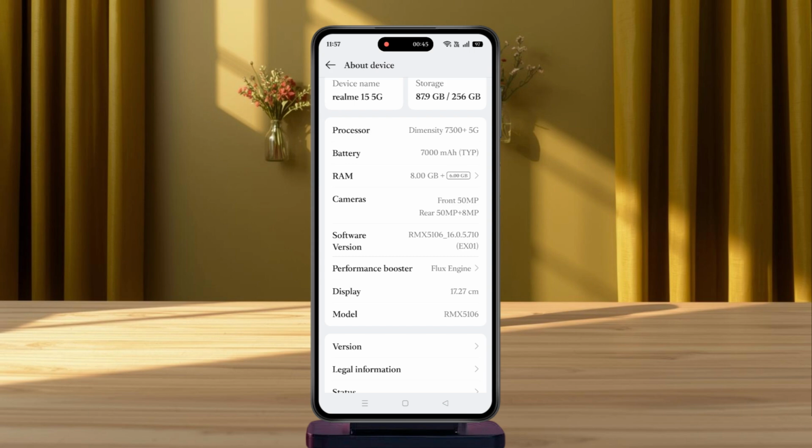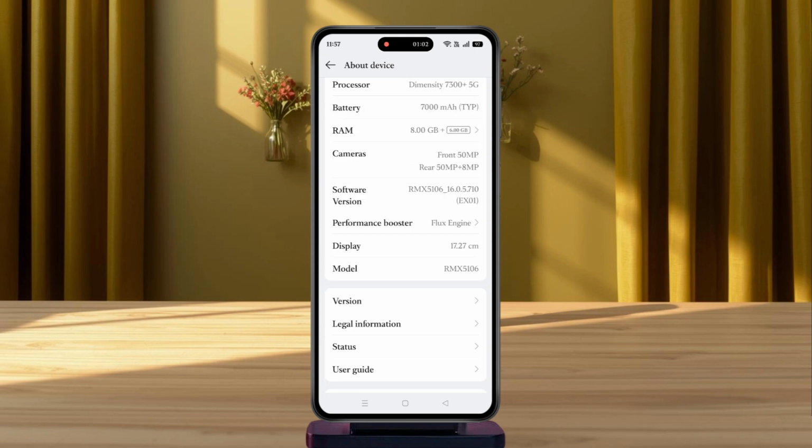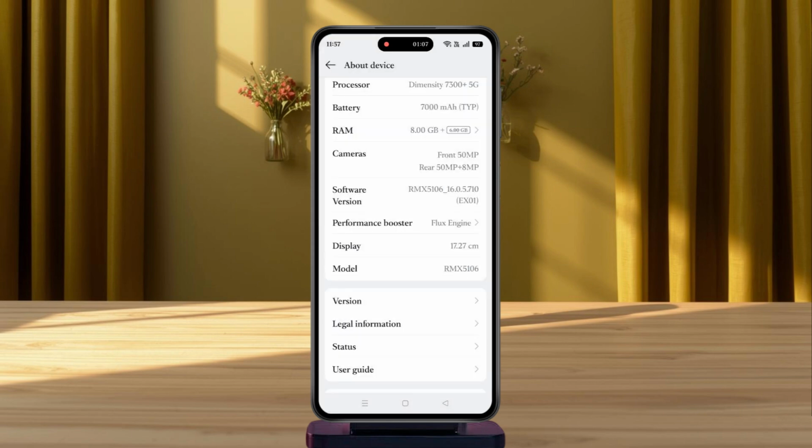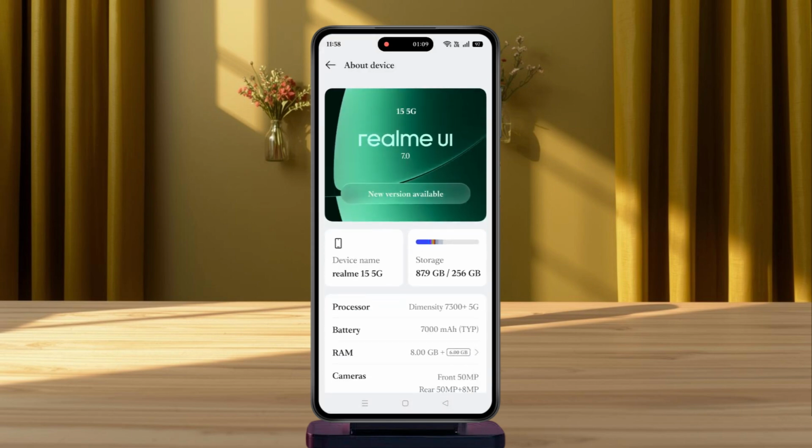You can also check the Android version and Realme UI version from this same page, which can be helpful when checking whether your phone is running the latest software. And that's it. You can now quickly find your phone model and other important device information directly from Settings without